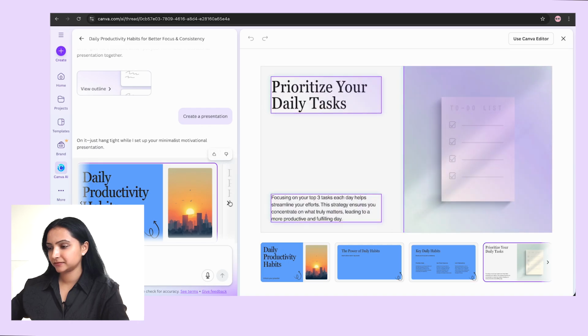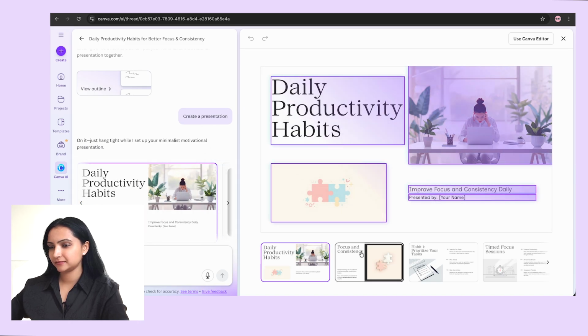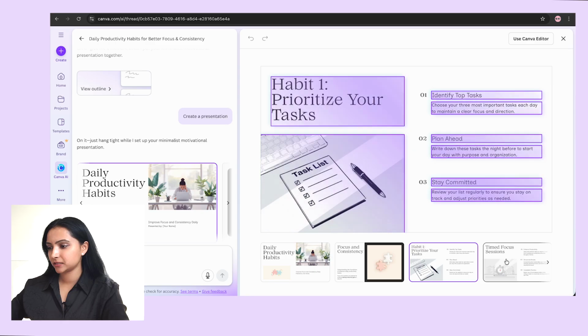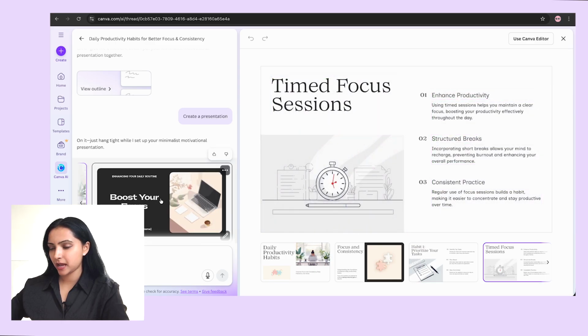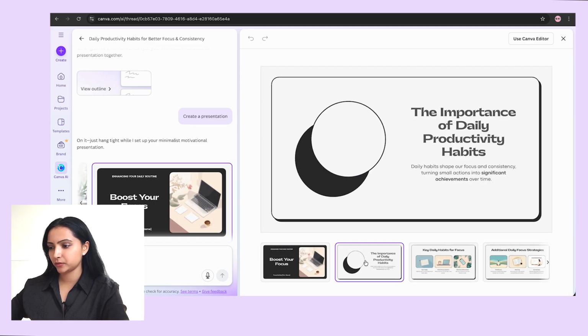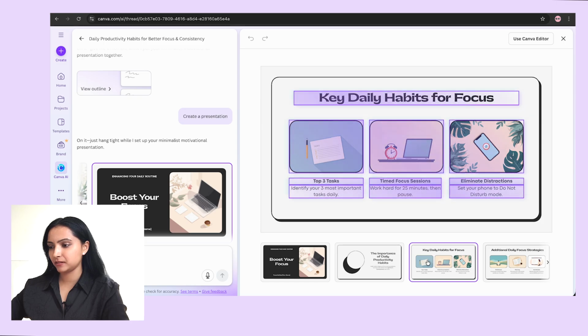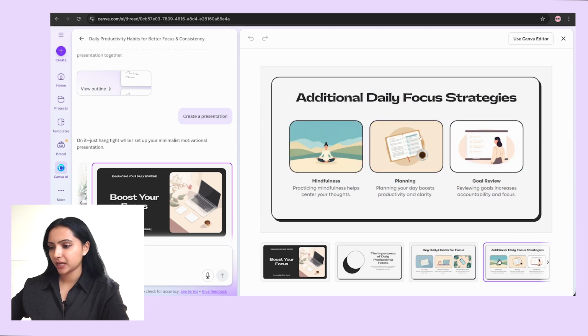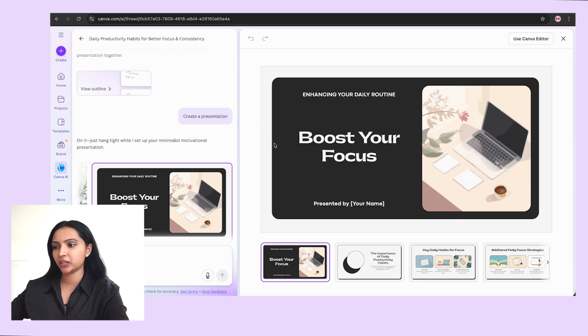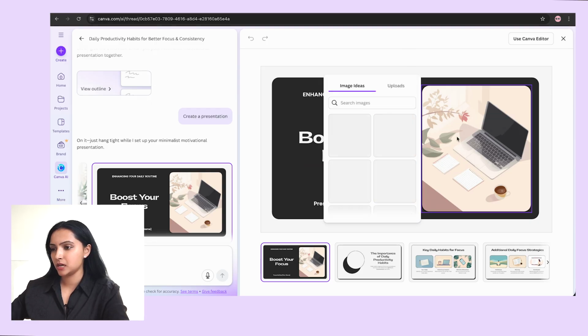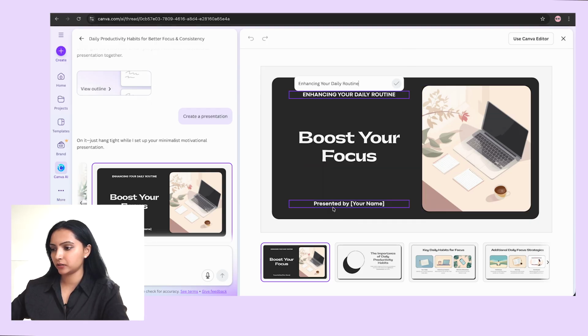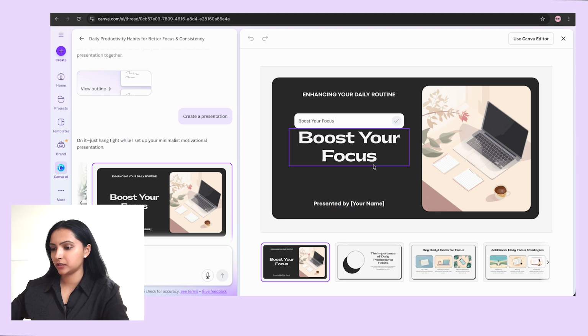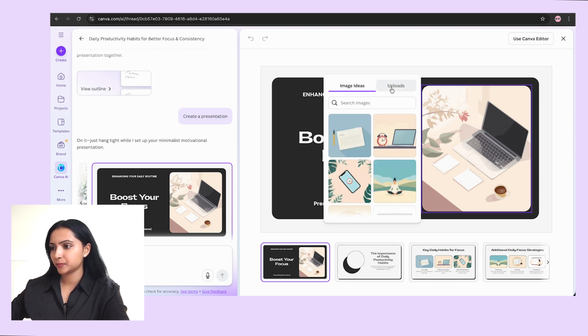Okay, not bad, right? This is the third option, and we have the fourth option over here. So these are very, very minimal slides, as I have mentioned. If you want to change colors, you can directly change colors from here. They have color palettes over here, and you apply them, and it's going to turn all the slides according to the palette. That is pretty good, right?